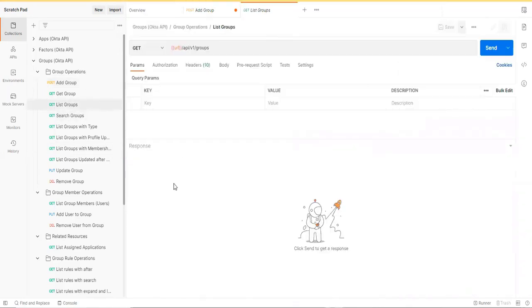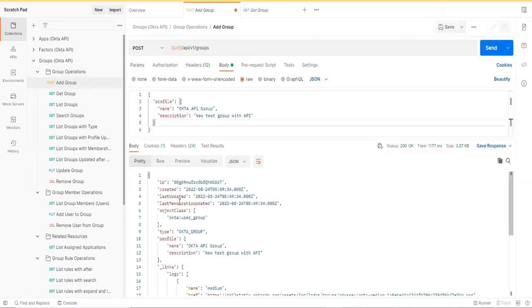Now, let's say you want to list all the groups that are available in Okta. This option will help you, and the get group will give you only the group that you want. Let's say you have created this group right now. You want to check only this group's information. You can get this group ID number.